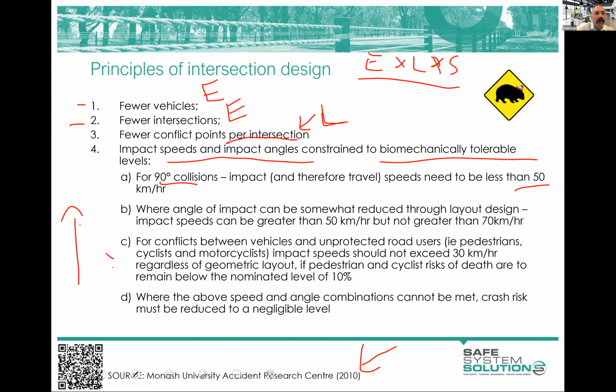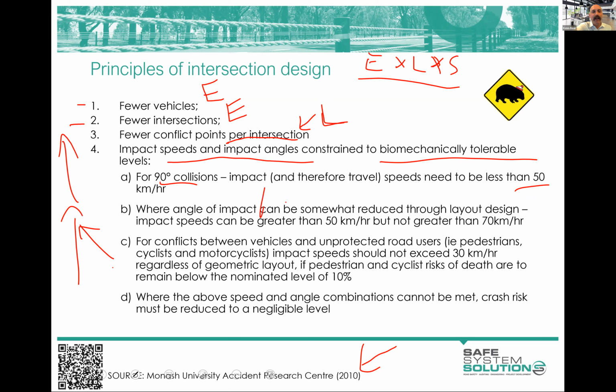And so if we've got the ability to crash more like that, more energy is pushed out into the environment rather than to the occupant of the vehicle. So that's basically the difference between a harder right angle crash or more of a bounce off, right? Energy out into the environment. And then, of course, 30 kilometers per hour or below is our aspiration where there are vulnerable road users involved. And then we're trying to get as much elimination of risk as possible if we can't achieve these.